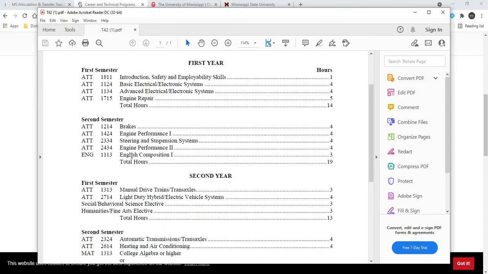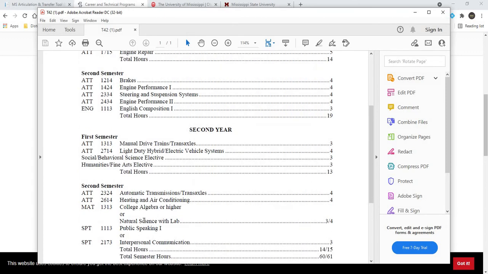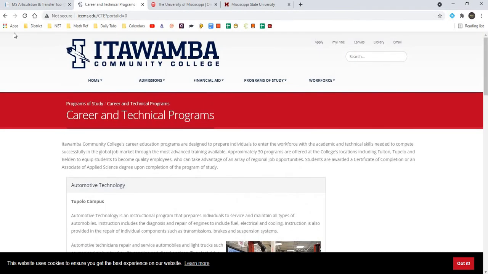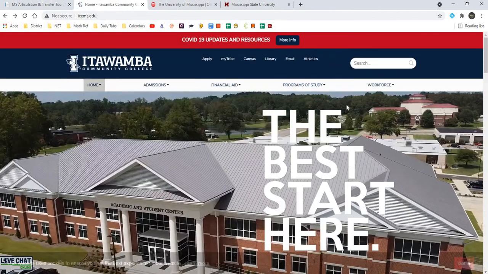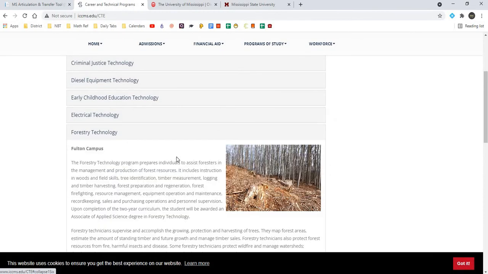So notice that you have to take English Comp 1, again, something you can take in high school. You can take college algebra, or in this case, you could bypass the college algebra and take a natural science like biology or zoology with a lab. So let's close that out and look at another one. Let's go back to our list. Oh, I went back too far. Let's look at forestry technology,